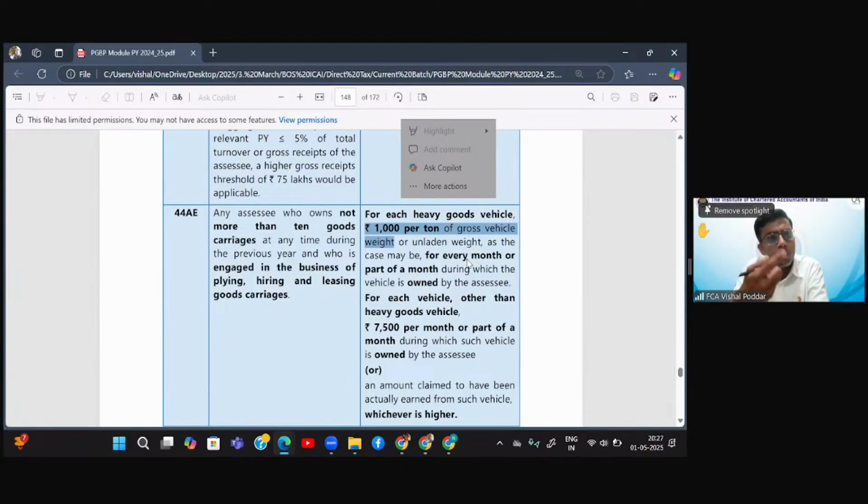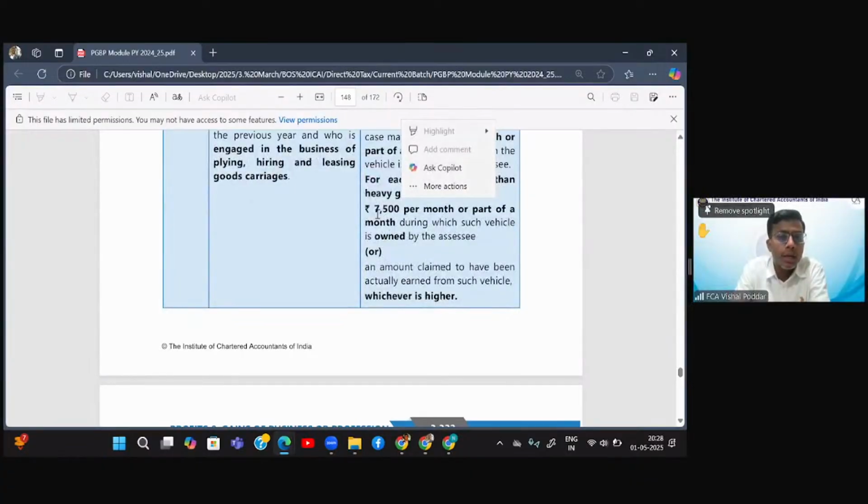Similarly, whatever number of vehicles I will have, you will compute this estimated income in this fashion and add up all this. Now, this is for big vehicles, or in their language, heavy goods vehicles, where the weight is exceeding 12,000 kgs or 12 tons. Now, you may also have smaller vehicles like the tempos, the chota hatis. For these vehicles, the estimated income is rupees 7,500 per month. So here it is not per ton, it is flat